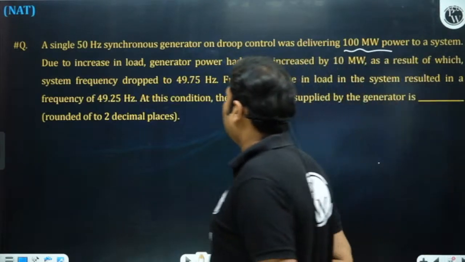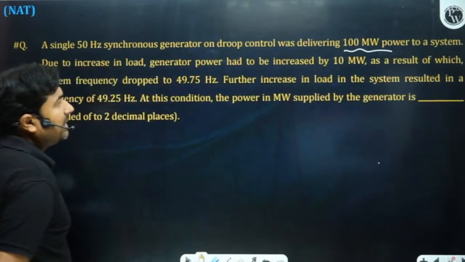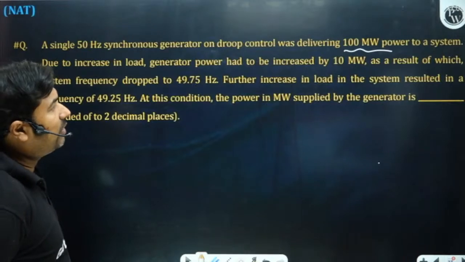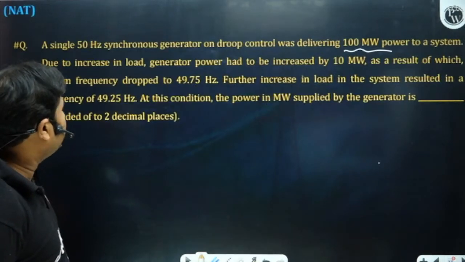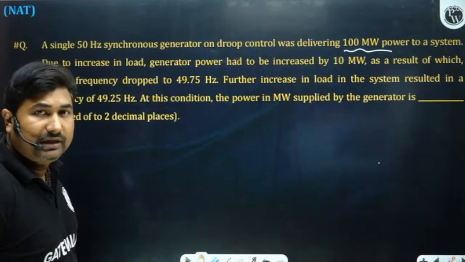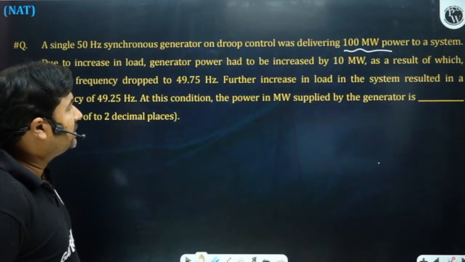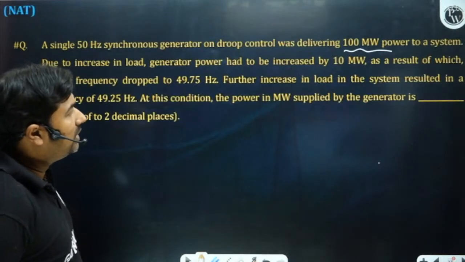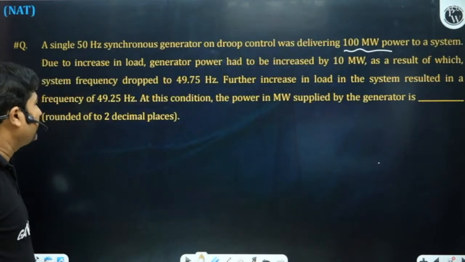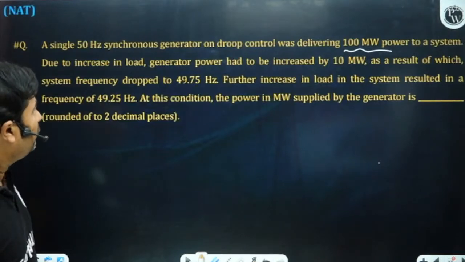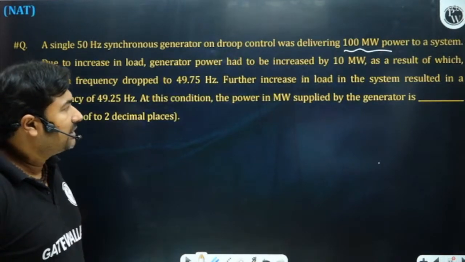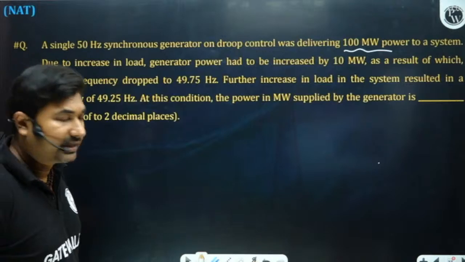Due to increase in load, generator power had to be increased by 10 megawatt, as a result of which system frequency drooped to 49.75 Hz. Further increase in load in the system resulted in frequency of 49.25 Hz. At this condition, the power in megawatts supplied by the generator is, see,